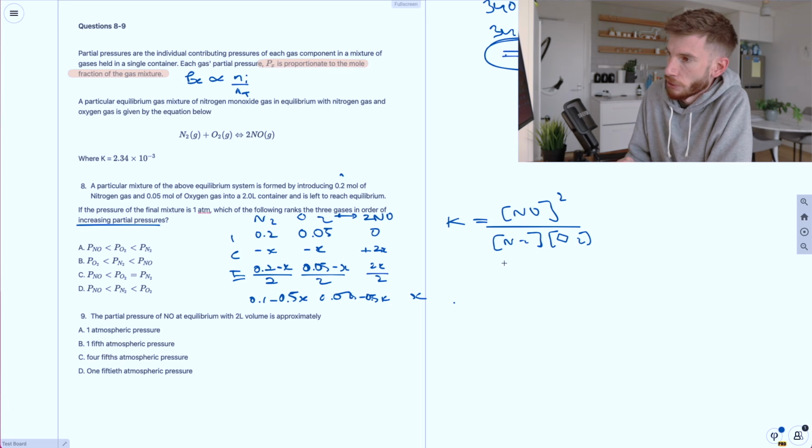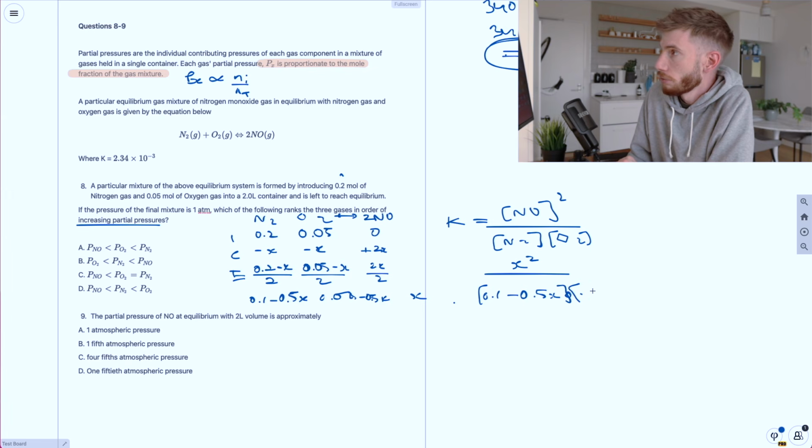We put our numbers in, so we get x squared over 0.1 minus 0.5x times 0.025 minus 0.5x, and that apparently is equal to 2.34